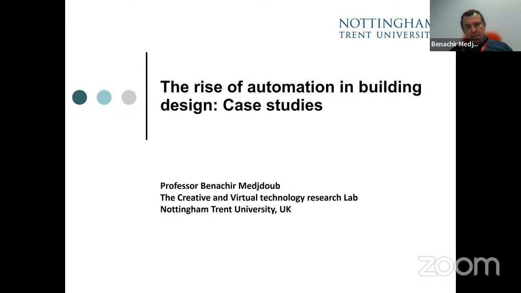The talk I'm going to do today, I would like, through three case studies, to show you examples of automation and optimization methods used in design, either, as I'm going to show, in building services design or in space layout design, or simply to deal with problems of emergency evacuation in buildings, etc. I think that in the last few years we have seen more and more the use of artificial intelligence in design, and I think this is growing and going to grow within the construction industry for the coming years.